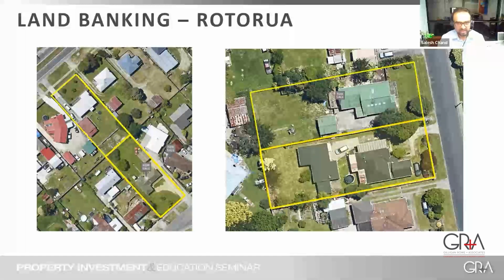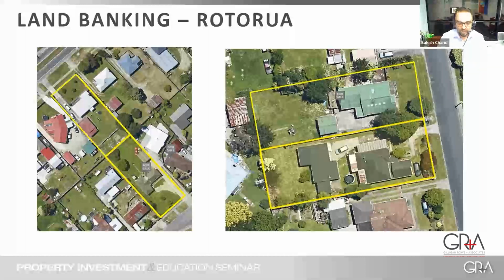Then another property we owned was this one here in Rotorua again. We have a front section and a back section. We get $850 per week rent. Our neighbor came up for sale. We ran and bought our neighbor as well. So all up, we paid $1 million for both properties with 3 lots of income coming in, about $1,600, and we got 2,000 square meters of land. Again, we can build 15 to 20 units on this site.